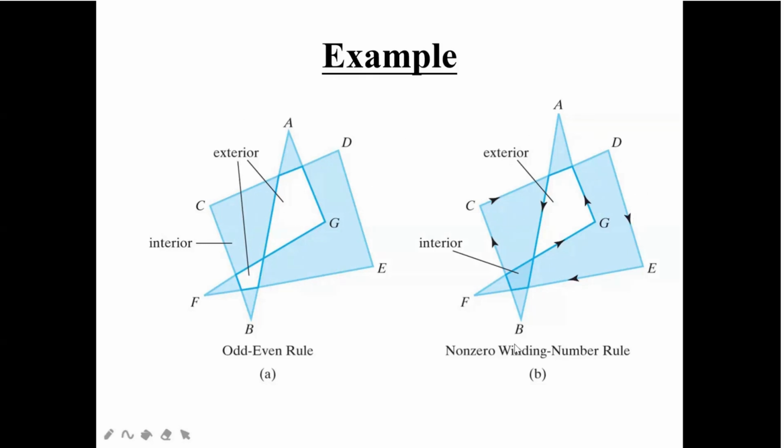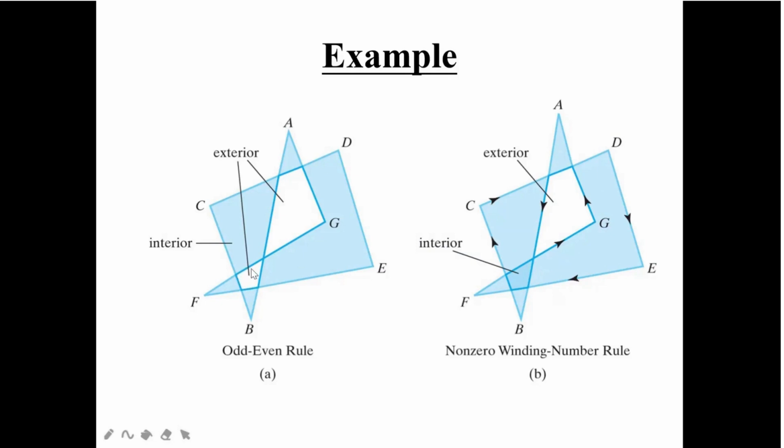Here also similarly, this is one more thing where we have to give the directions in which we are moving. You can see from here A to B I came, B to C, C to D, D to E, F, then G, then again go back to A, right? So here the directions will be there. Wherever you are going to get the directions, you have to name it your non-zero winding number rule. So that is different from your odd even rule, because in your odd even rule you don't have the directions, but in your winding number rule you have the directions, okay. But the concept, everything will be the same.